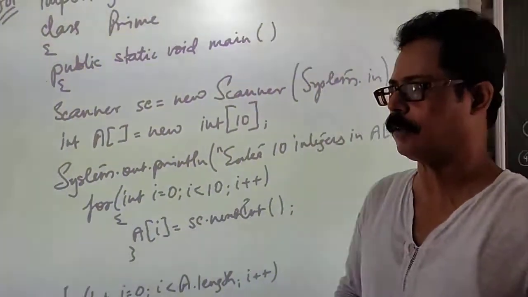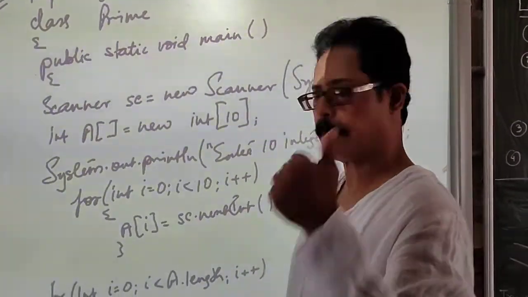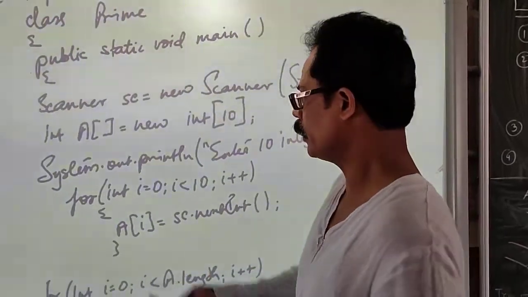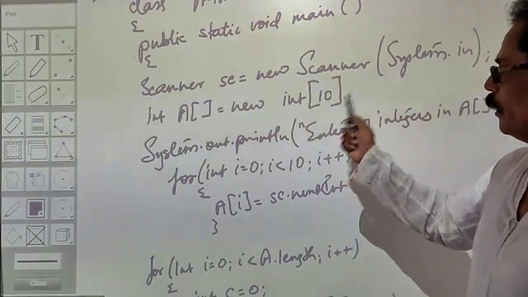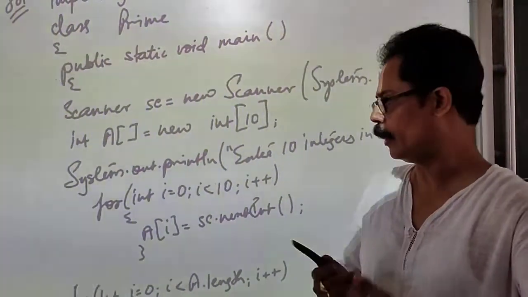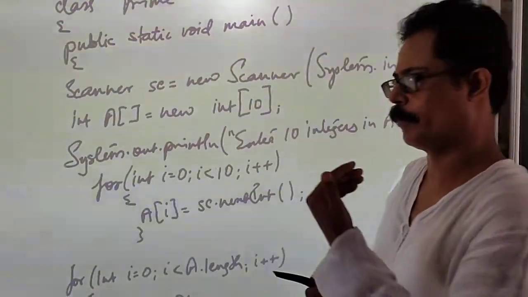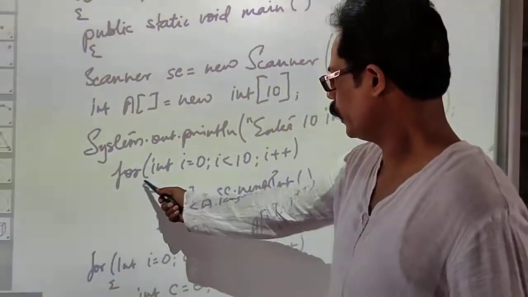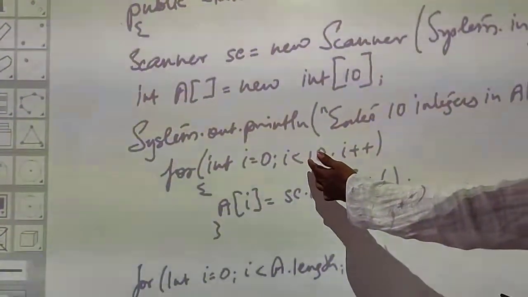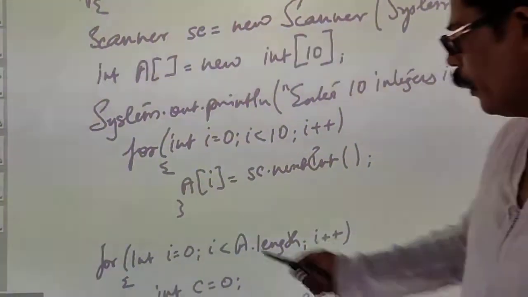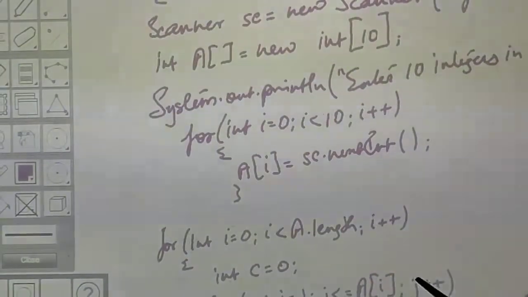In case of dynamic initialization, when we are using a scanner object, two things you have to do. First, create an array, that is assign the dimension of the array, the size of the array. This is what we are doing: declaring an array, int a[] equals new int[10]. And thereafter you have to accept the values, assign values to the declared array. So here it is, for int i equals 0, i less than 10, i plus plus. Here you can write a dot length instead of 10 also. a[i] is equal to sc.nextInt(). So please remember, this is how we accept the values.